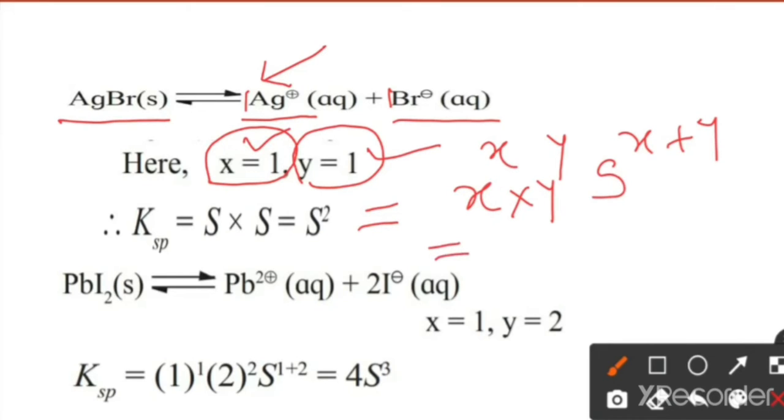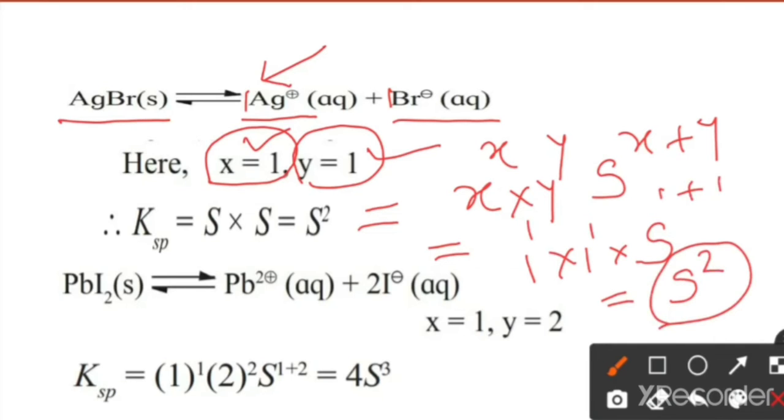So value of x is 1. So 1 raised to 1 into 1 raised to 1 into S raised to 1 plus 1 becomes S square. So this is S square. Second example,